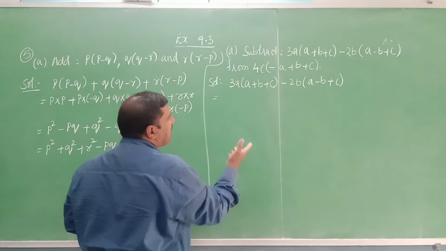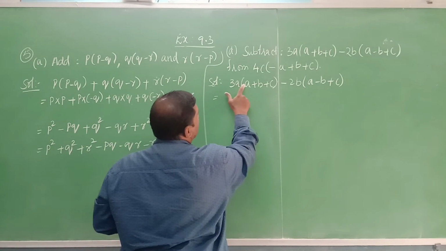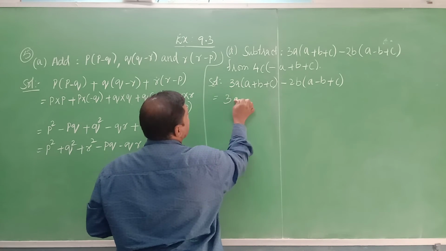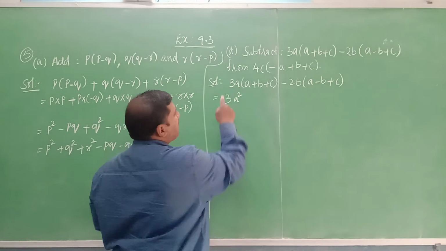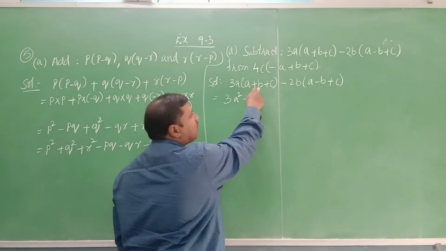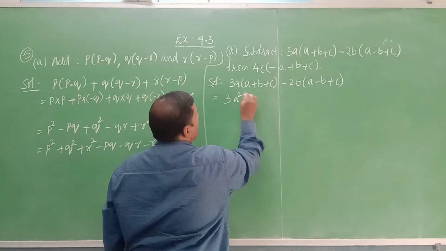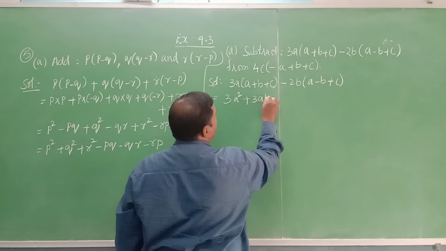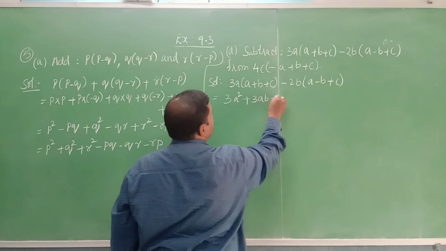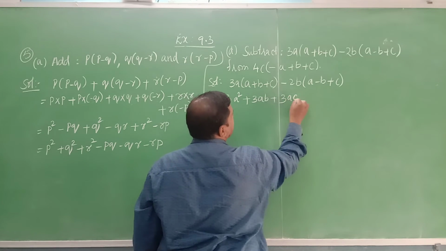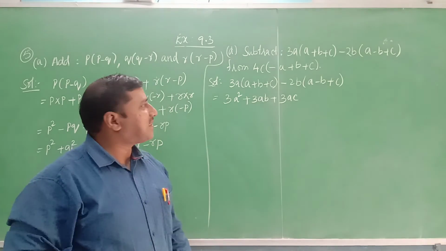Now multiply here itself directly, plus into plus is plus, 3 into 1 is 3, a into a is a square, then again plus into plus is plus, 3 into 1, the coefficient for b is 1, 3 into 1 is 3, a into b, both are two different variables, so we get ab, again plus into plus is plus, 3 into 1 is 3, a into c it is ac.